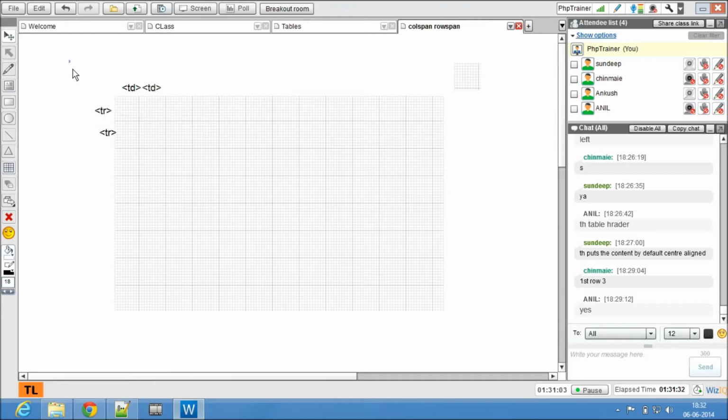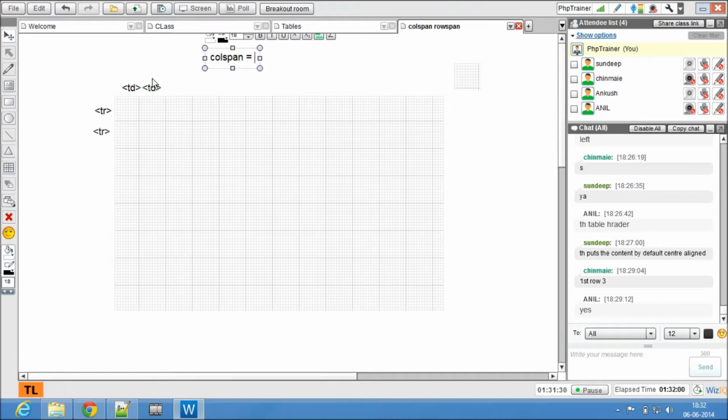Now I want to merge two data cells in the same row. Like these two are side by side, right? If I want to merge these two, the attribute in TD is col span.